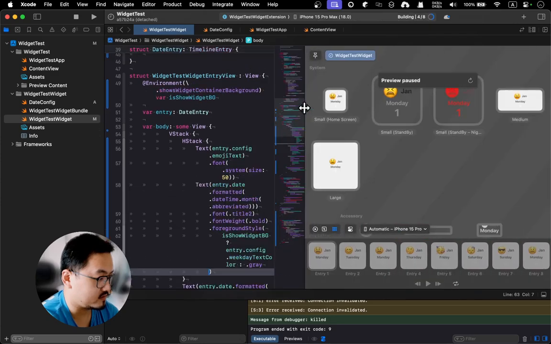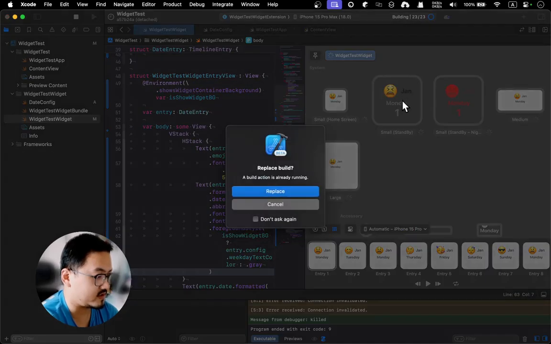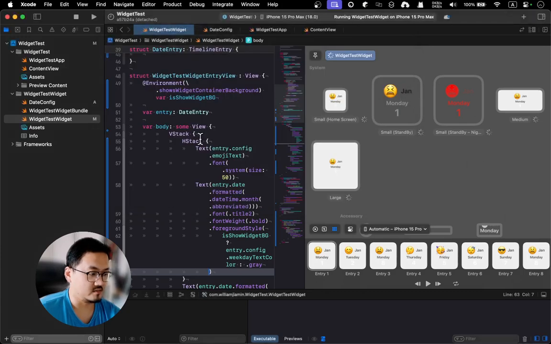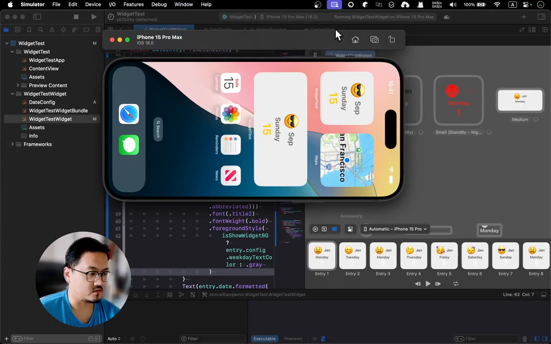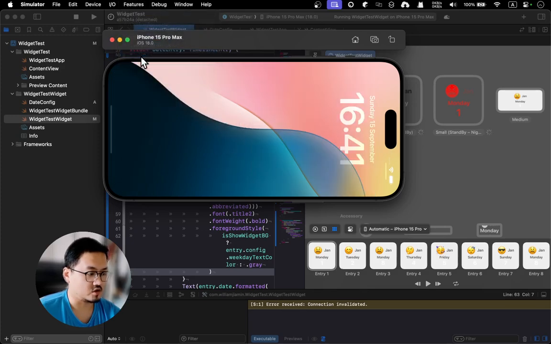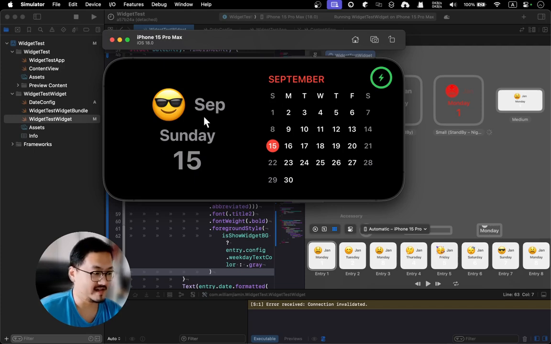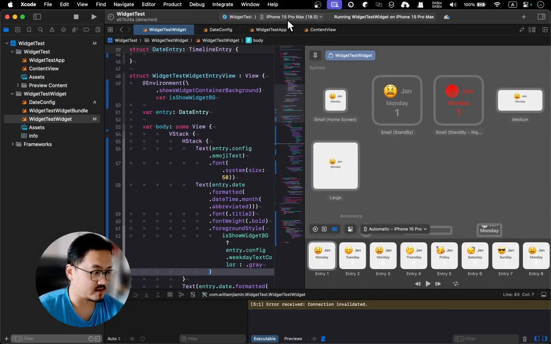And of course, the preview should also work if you refresh that. This generally should also change back, but I think the simulator may be a little bit quicker. It's running. Okay, so let's just hide standby and show standby. Okay, the September shows up. I love this. Okay, so we can actually automatically get the results, and of course you can test that on